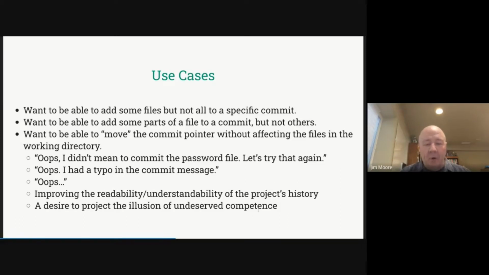And the primary reason why I can never use a system other than Git again is a desire to project the illusion of undeserved competence. Because this is really, really awesome once you understand it. I can go make a whole lot of changes, follow a whole lot of rabbit trails, and as we'll talk about later, I'm a TDD guy. I do test-driven development, test-driven design, and so I'll write some code and write the test, or I'll write the test and I'll write some code, either way. But every time I see green, in other words, every time that the tests pass, I commit.